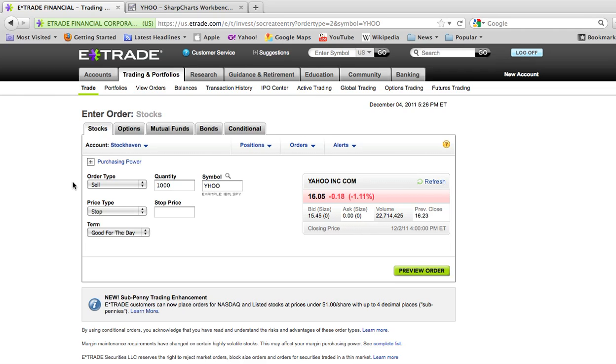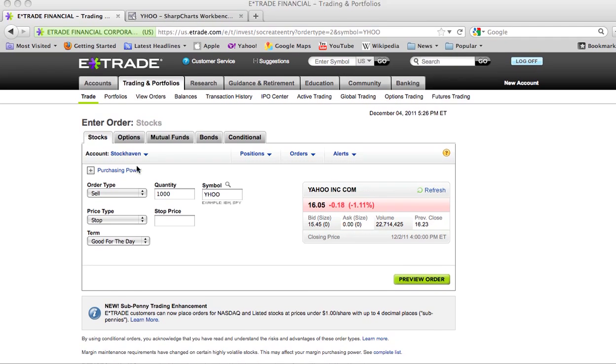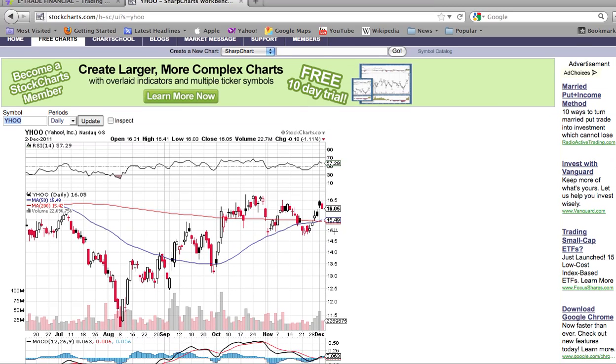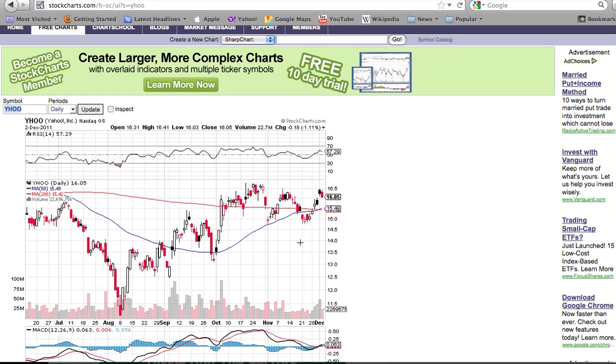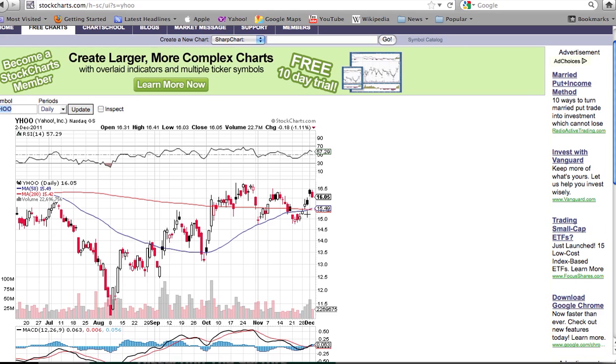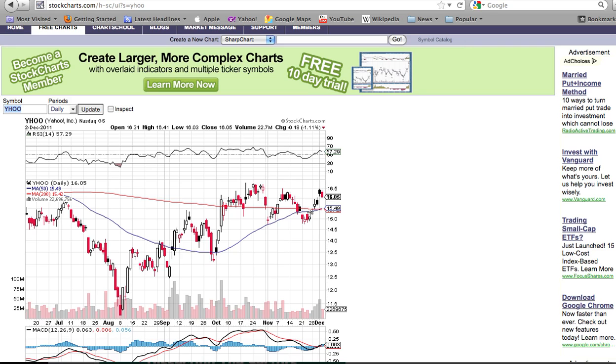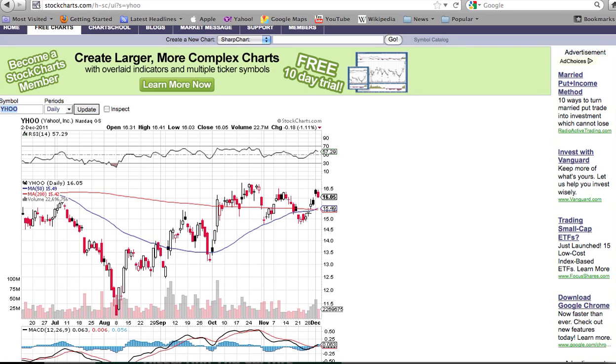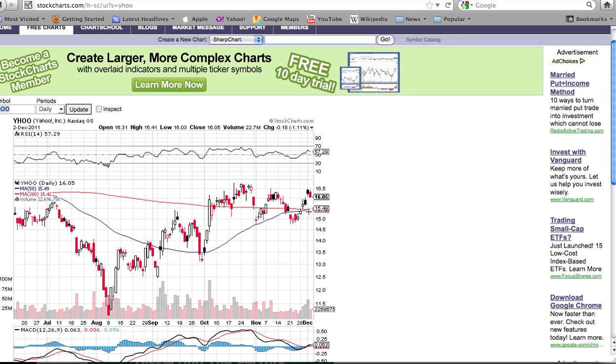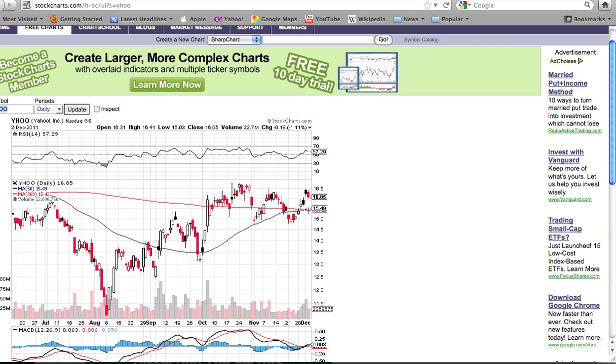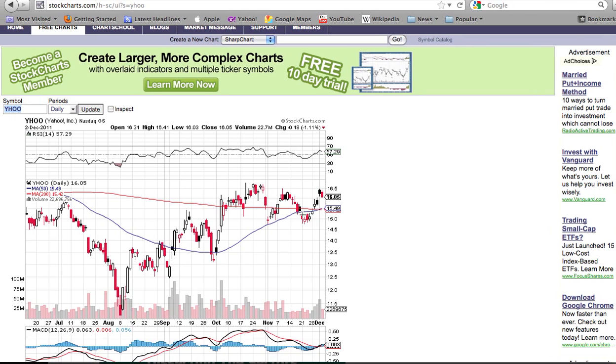So the example we're going to use is with Yahoo. Now you can see Yahoo, say you own shares of Yahoo, you bought them on Friday. Now you can see the 50-day moving average is at 1549 and the 200-day moving average is at 1542. So you could say, okay, if Yahoo goes below 1542 to that 1549 range where those moving averages are, it's most likely going lower. So therefore what you would do is you would place your stop loss order